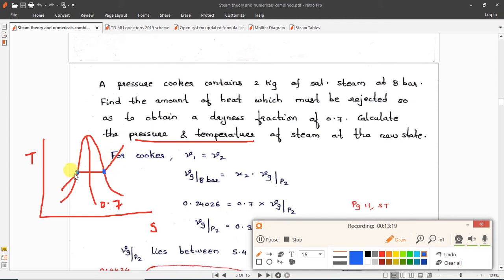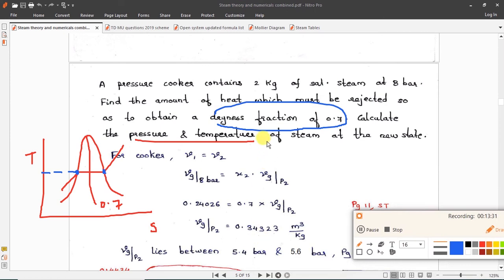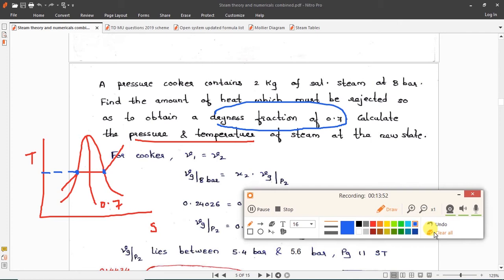Why? Because this is the saturation pressure and corresponding to this is the saturation temperature. So that is why, even though the dryness fraction is given as 0.7, when we are actually calculating point 2 pressure and temperature, we are looking for the Vg point. Okay, we are calculating pressure with respect to this one. Why? Because for the pressure and temperature of dryness fraction from 0 to 1, everywhere the pressure and temperature are the same. Why? Because this is a phase change process. So this important thing you should note.